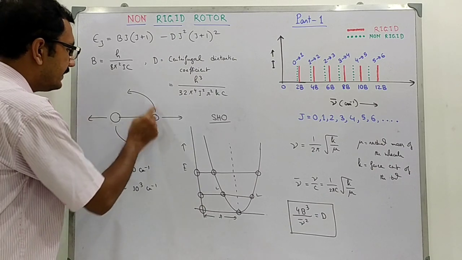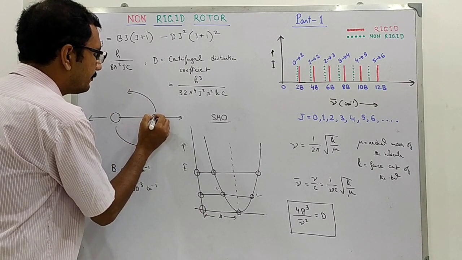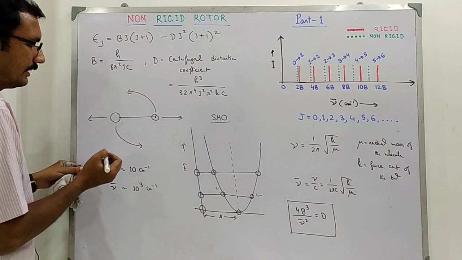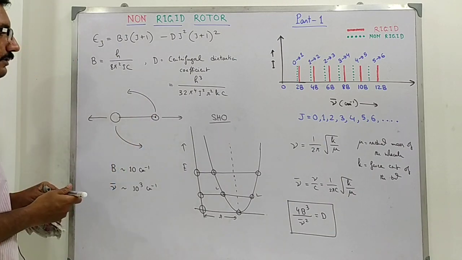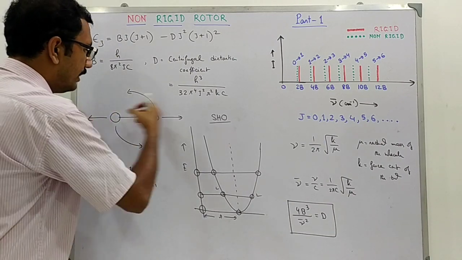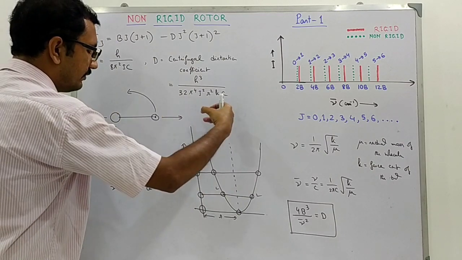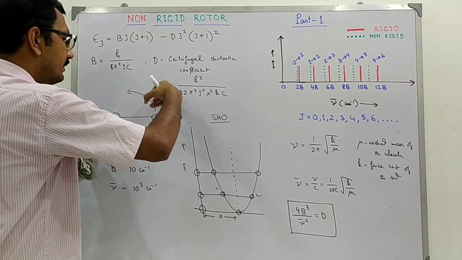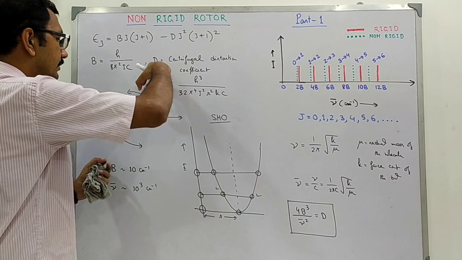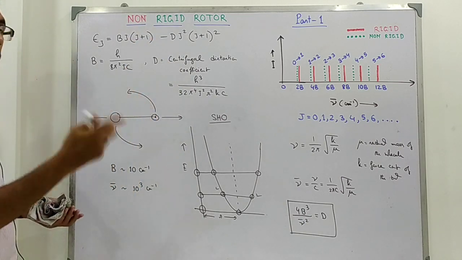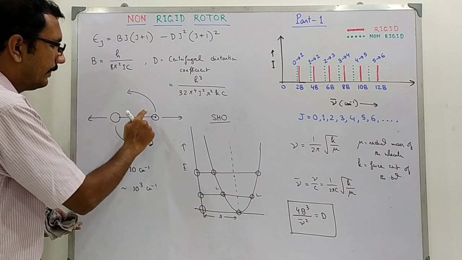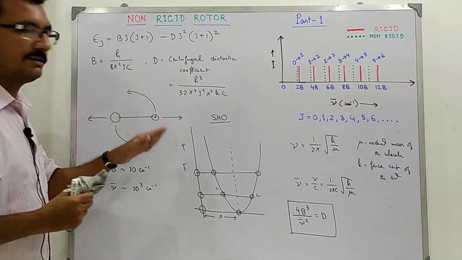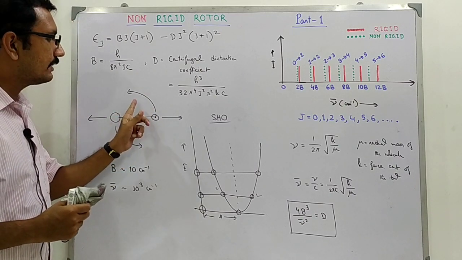So, you see, if for a single rotation this starts from here and after completing one rotation it comes again here, if it vibrates 1000 times, so it is one complete vibration, stretching, compressing and then coming back, one vibration, then next it is another vibration, then another vibration. So, it is occurring 1000 times for a single rotation. So, at each position we will get a number of vibrations during this rotation.